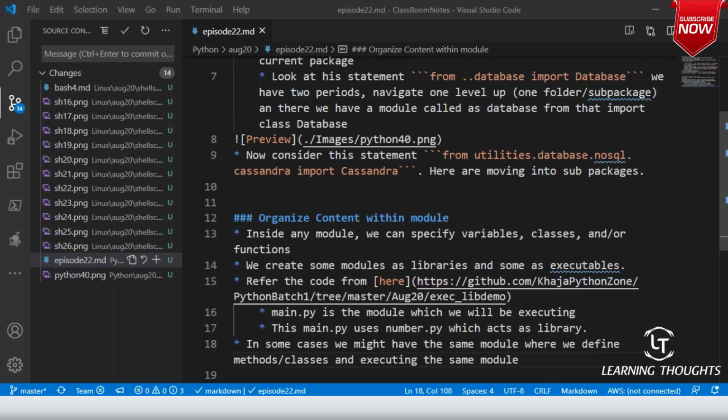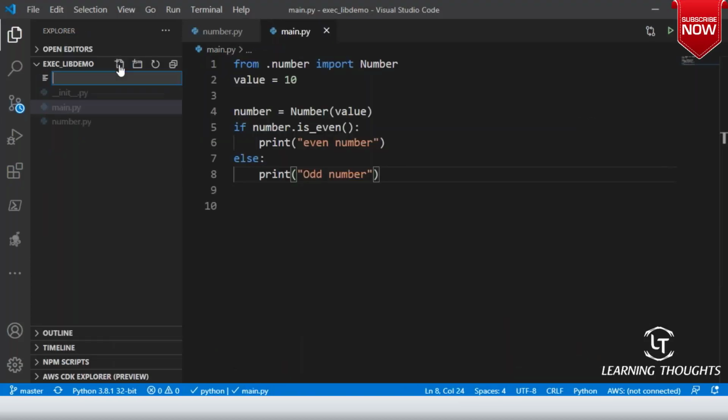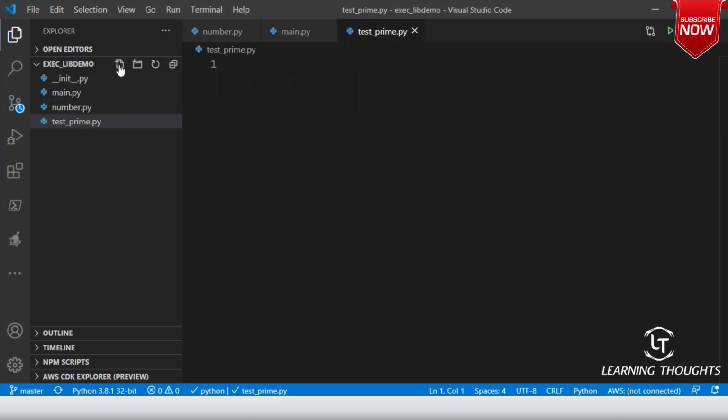Let us assume that I'll be writing a file called test_prime.py. I'm trying to tell whether a number is prime or not, and in this case I have to define the prime number class and also call the same class. So how do I organize this content?